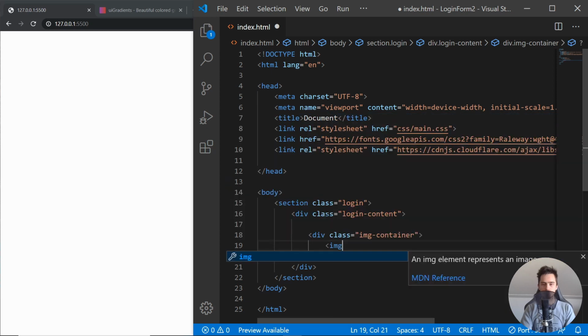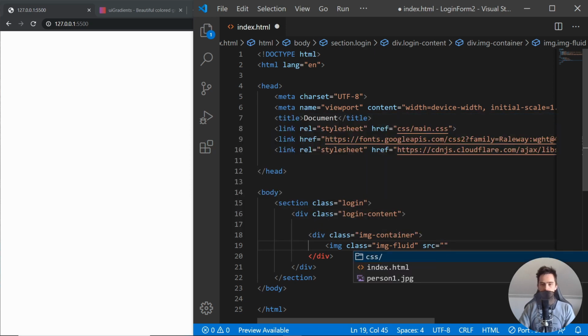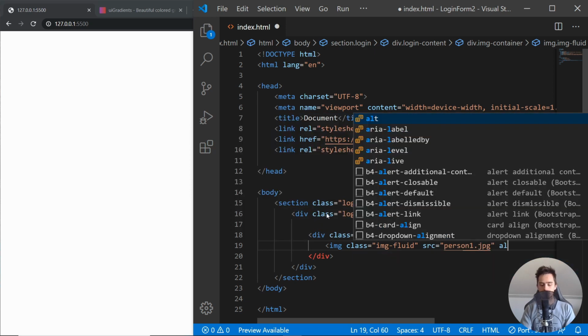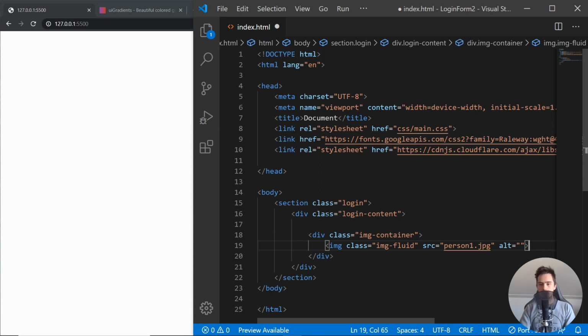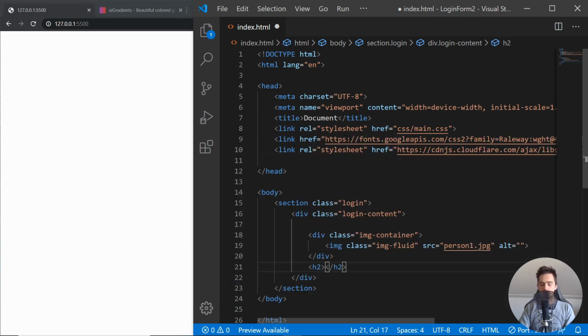inside of which we will have an image with the class of image fluid, and the source being this person one. And also let me add this alt to this. I will leave that blank, but you should probably fill this up. Nice. Underneath we will have an h2 heading. This will say just login. Then we will have a form,